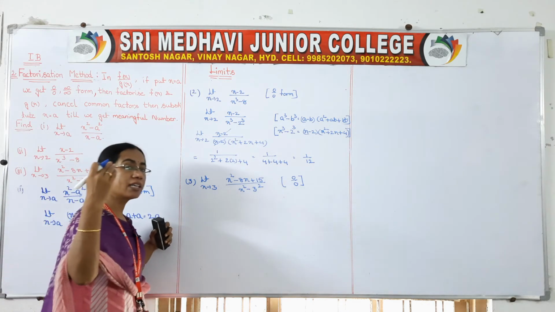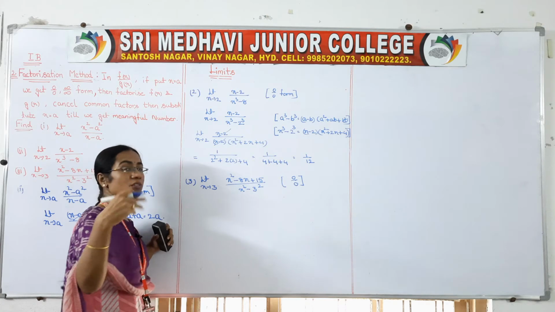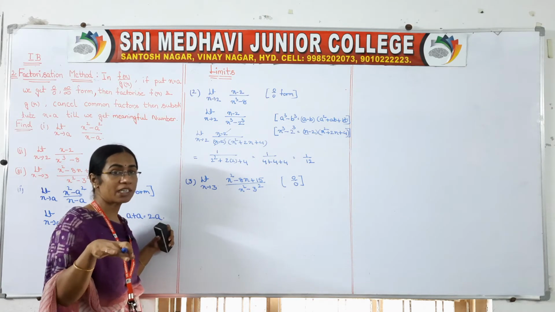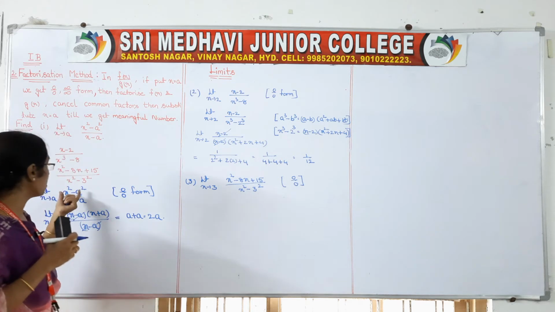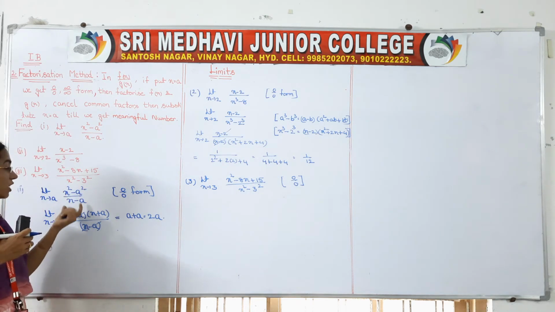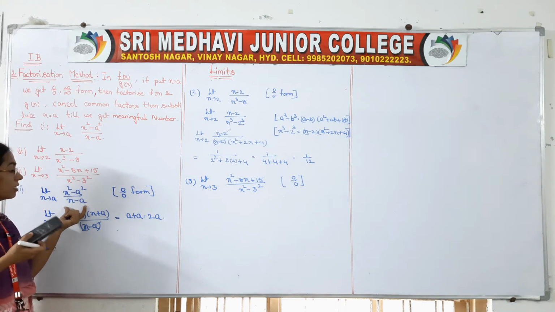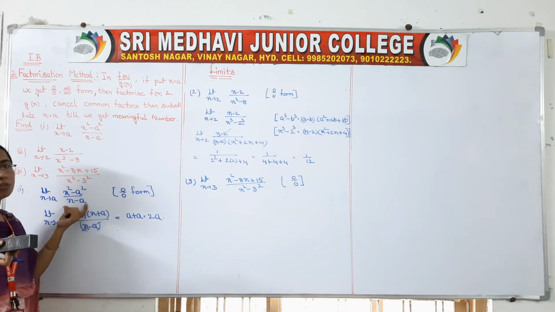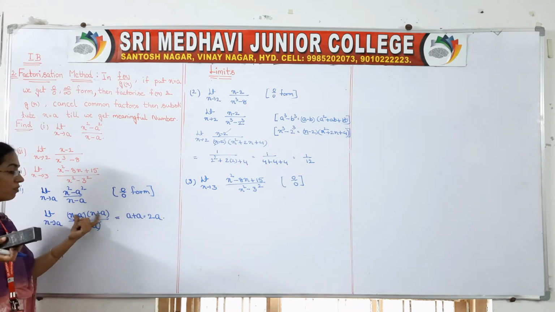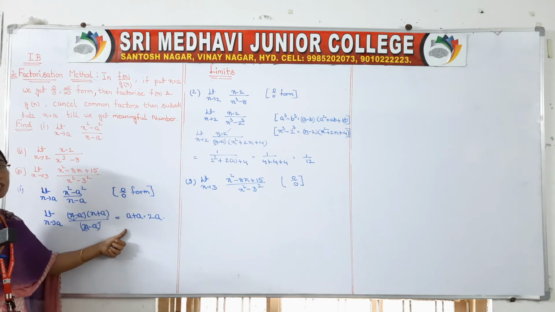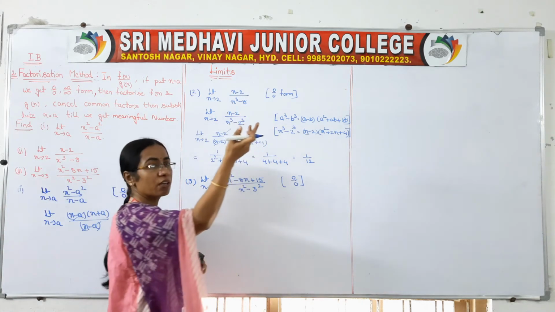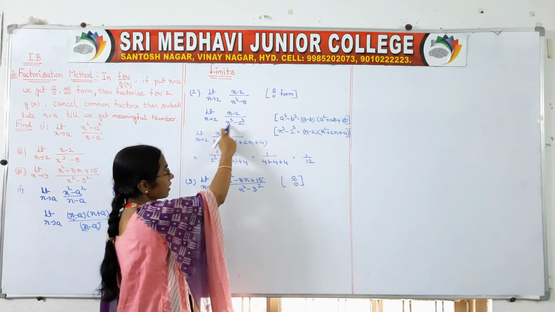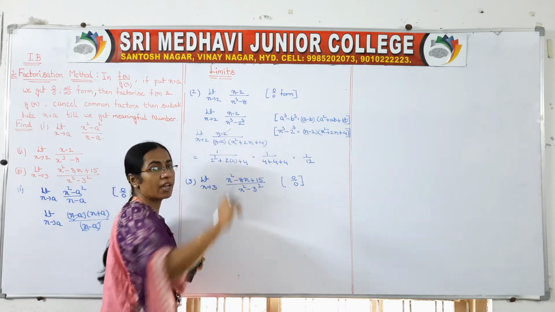We have to factorize f of x and we have to factorize g of x, if the possibility is there. Actually here you observe, we can factorize f of x. No need to factorize g of x. It is a simple value. Then no need to factor, just factorize f of x, cancel them and substitute the value. Here also this x minus 2 is a simple value, so no need to factorize, just factorize the denominator value.